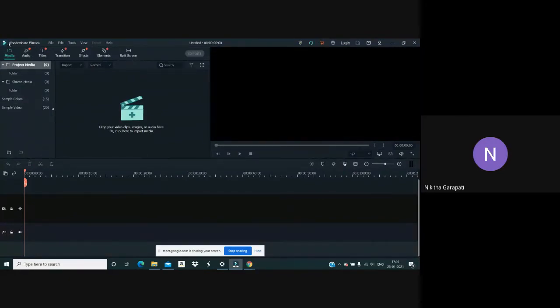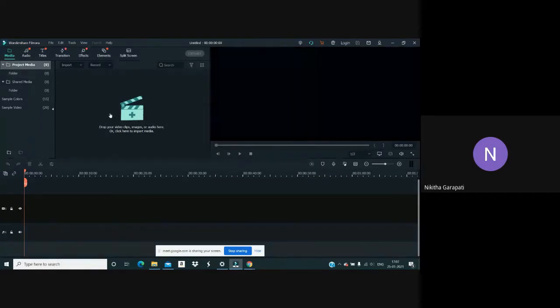Starting from here, here is your settings tab, and here is your media tab, in which you can import all your clips, video clips, audio clips, or images, graphics, whichever you want to use in your video.